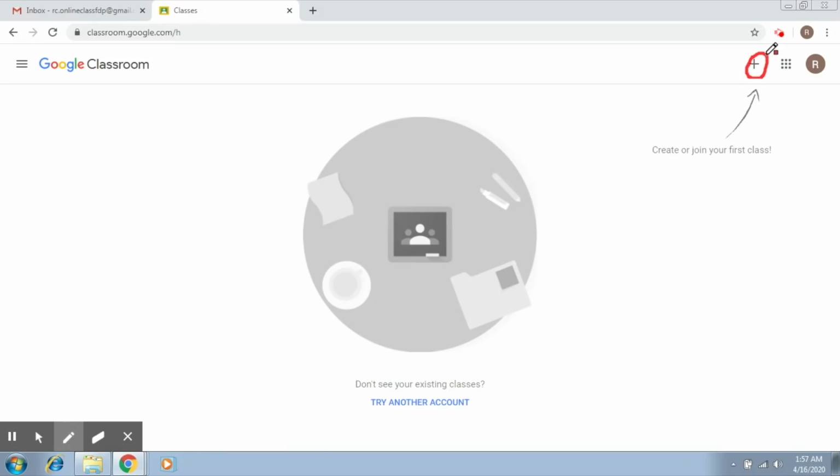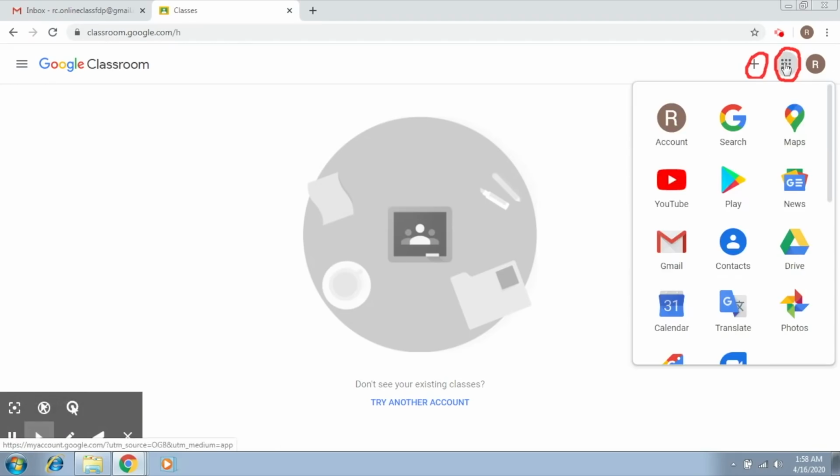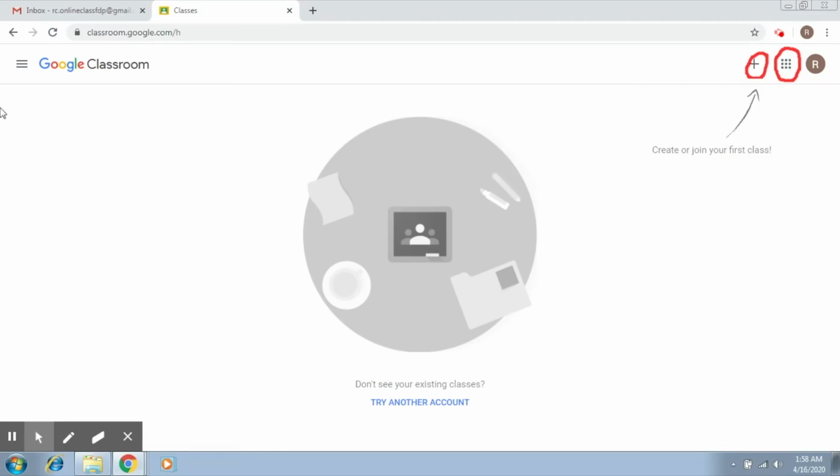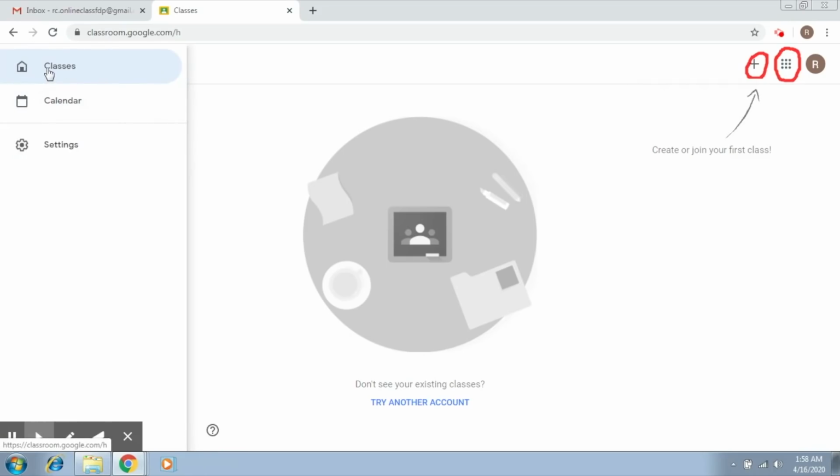Now you'll be able to see this plus, click here. Now here you will be able to get two options, either to create a class. So if you're a teacher, you will be creating a class, or to join a class. Now this will be for your students. Here you can see the mandatory set of apps that you get with Gmail. Of course, here you will have a drive wherein all your data will be stored, whatever you will be uploading to this classroom. Here you have a set of classes that you can visualize once you create several classes. We'll be doing this once we set up a class.